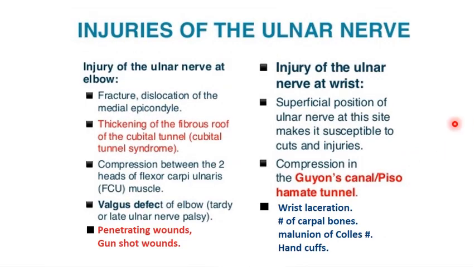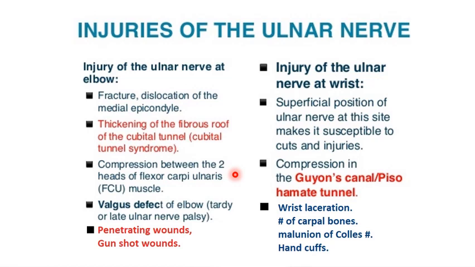So these injuries to the ulnar nerve can occur at the elbow and at the wrist. The injury at the elbow or nearer to the elbow may be because of the fracture or dislocation of the medial epicondyle or fracture of the upper part of the ulna, that is the olecranon process, thickening of the fibrous roof of the cubital tunnel, and the compression of the nerve between the two heads of the flexor